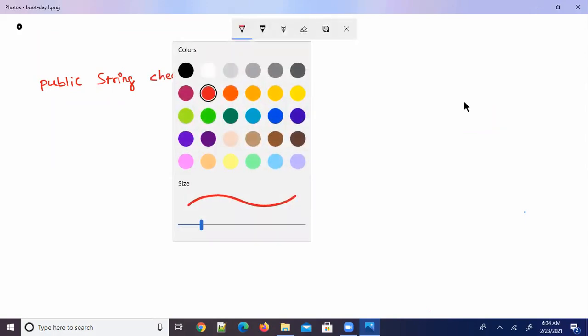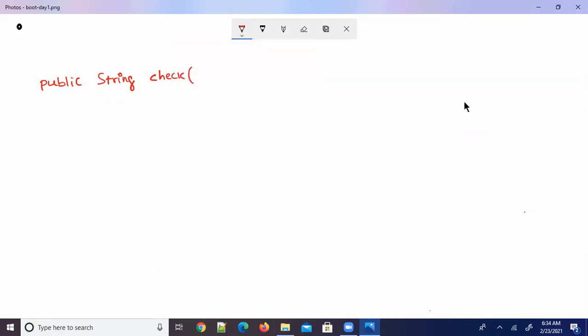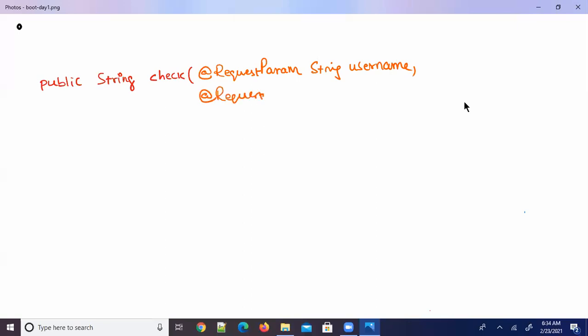Now I would like to write like this: @RequestParam, say the parameter is String username, comma, @RequestParam String password.